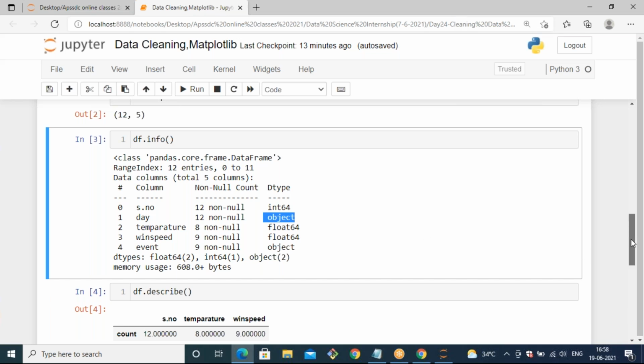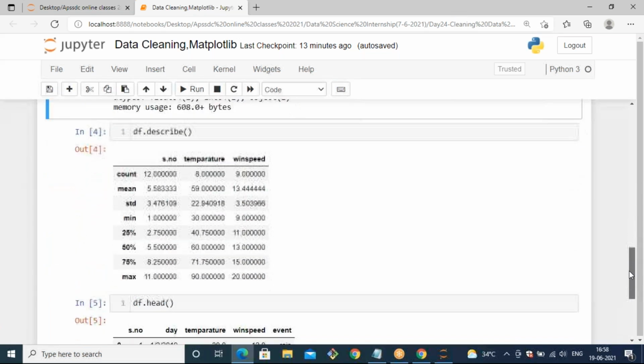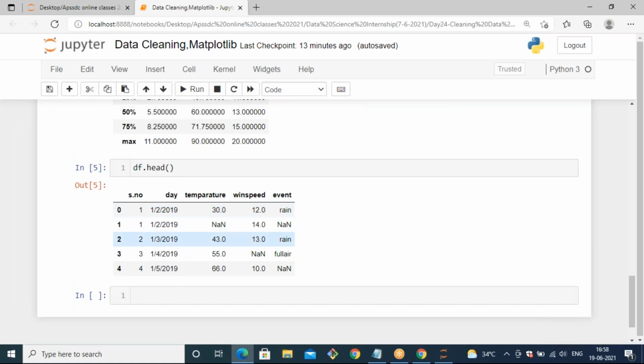So everything should be in the data frame. Most of the things will be in the format of object, that means string format. In that case, sometimes when you get columns with a date format, you need to typecast that object data into a datetime format. We will let you know further how to convert and typecast this object data into datetime format, in the upcoming classes, but it's not necessary now.